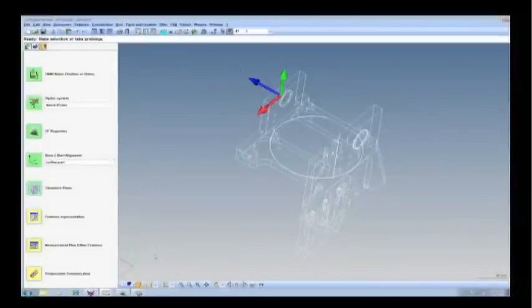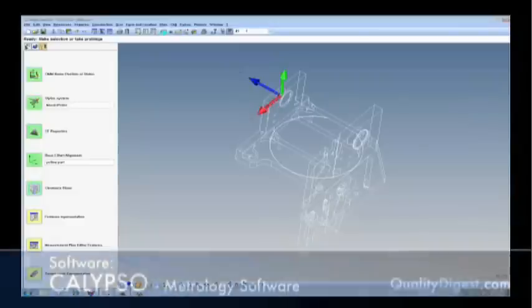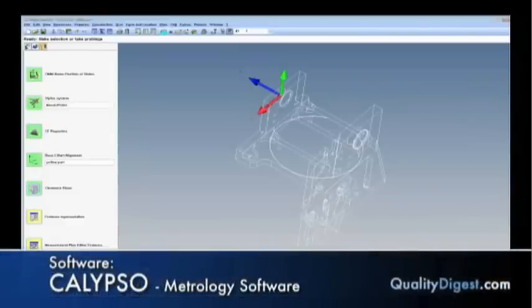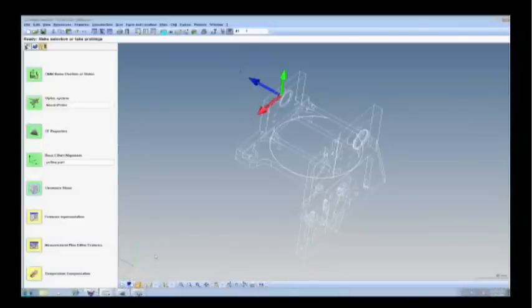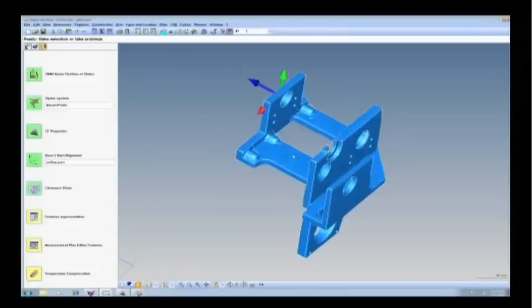Calypso is software that basically runs all our products. So I can take the same measurement plan that is designed on a totally different sensor and use it to run against my Metrotome output. The only difference now is instead of the points coming from a probe or an optical sensor, they come off a CT system. So let me read in my CT data set,